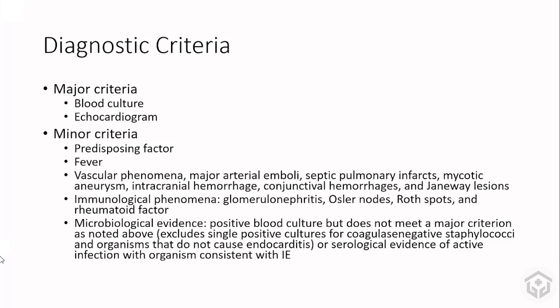So the single blood culture positivity of those types of organism, or serological evidence, like some antibody, we are demonstrating the rise in antibody titers. For example, Coxiella burnetii, no, that is not coming here. That's coming under the major criteria. For something like typhoid, we are demonstrating the development of serological evidence of infection, and ASOT. So those things come under the minor criteria.